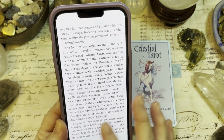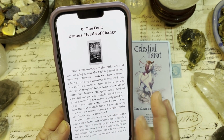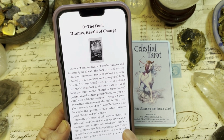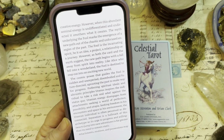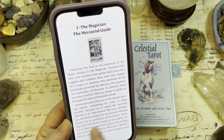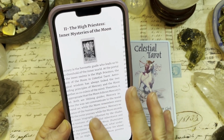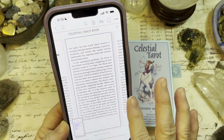Then it goes through the journey, and then you get into your cards. What's really great about this, as opposed to the little white book, is that it has much more in-depth information. This is all still the Fool card. Then you go on to the next one, obviously, and then you go into the